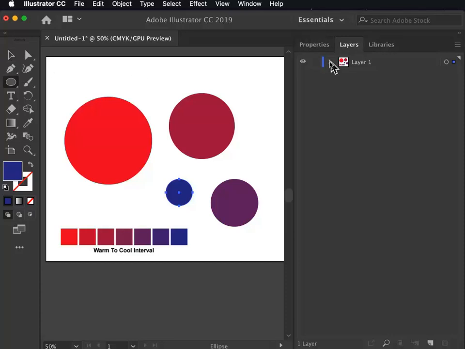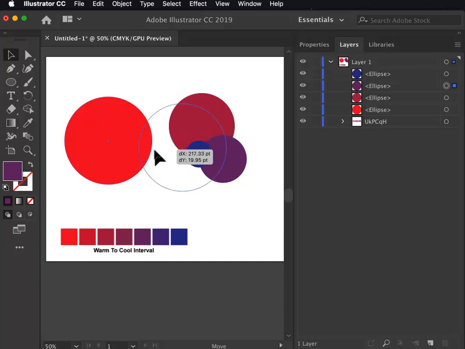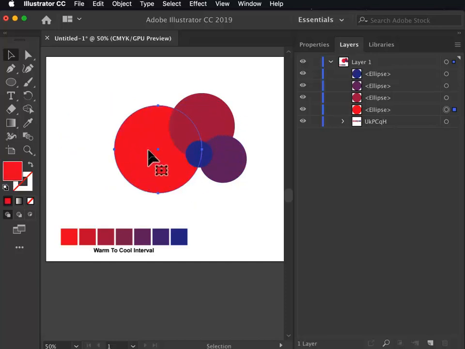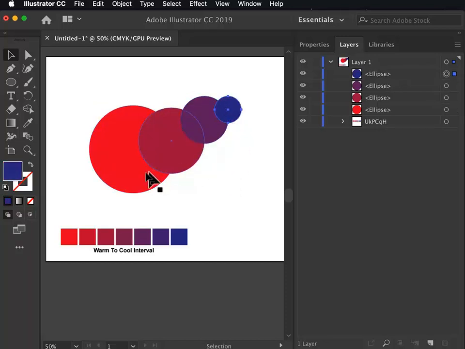Now in the layers panel I can click that open, and I want to change the order of them, arrange them in space so I can create a sense of depth. Now if I show you where these are in relationship to each other, you can see how the one that I drew first is behind the other ones, right? Why? Because I drew it first, and therefore it's layered behind the ones that I drew second, third, and fourth,